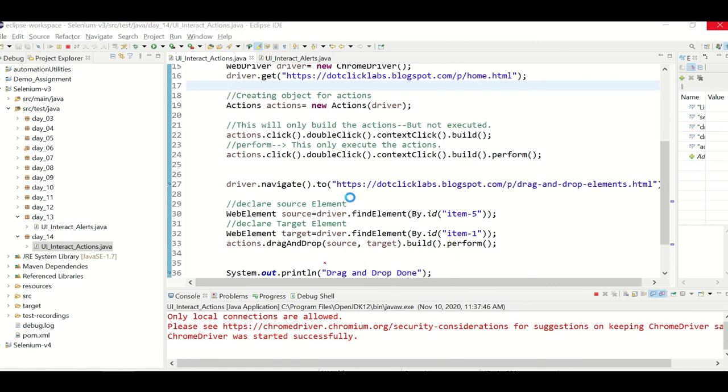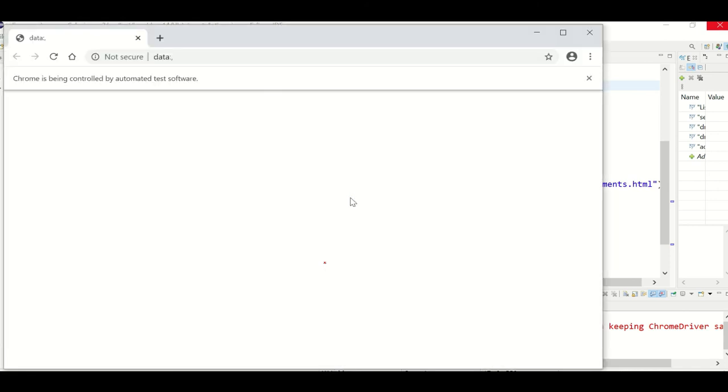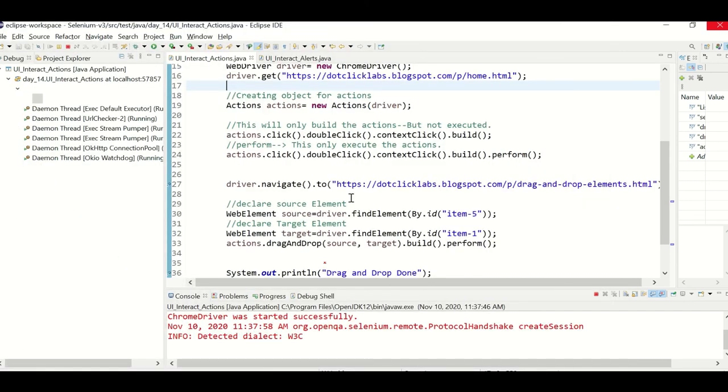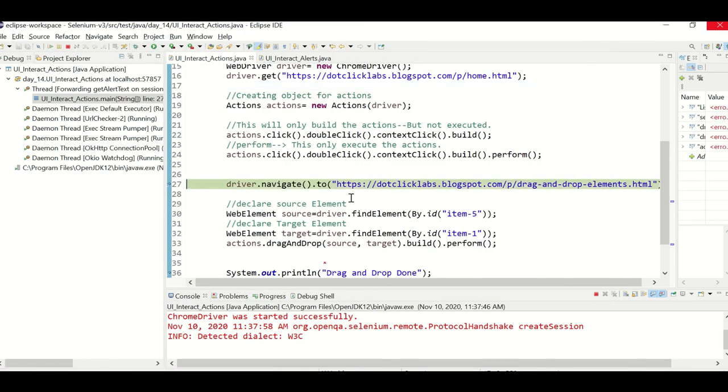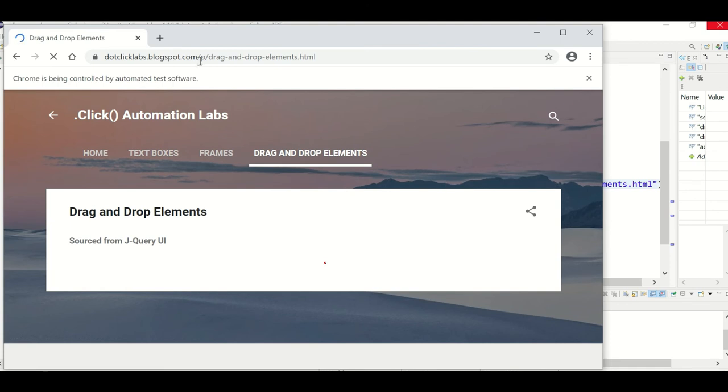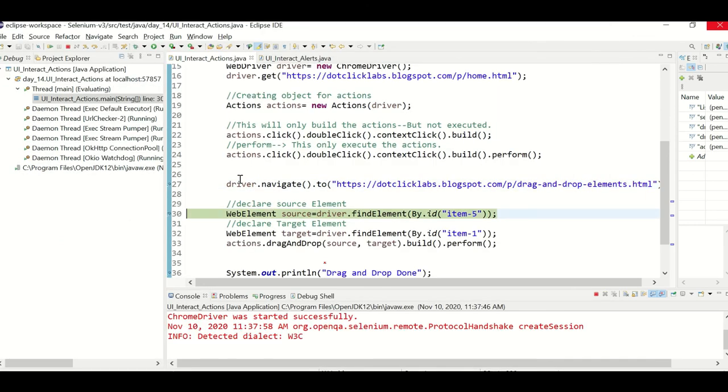Now it is launching Chrome driver, and it will open the clipslabs.blogspot.com site, and now this double click and all done, and we are now redirecting to the drag and drop elements. Press continue. Now this page is loading. The page keeps loading. Let's wait. It has some jQuery controls, so it may take a little longer. Please hold on. Yes, you got the elements.